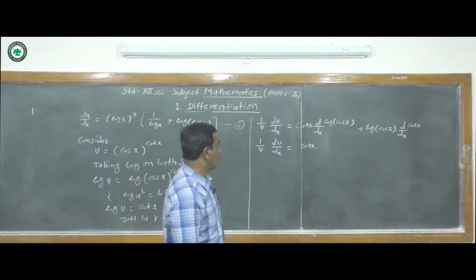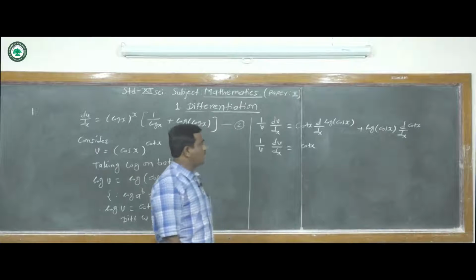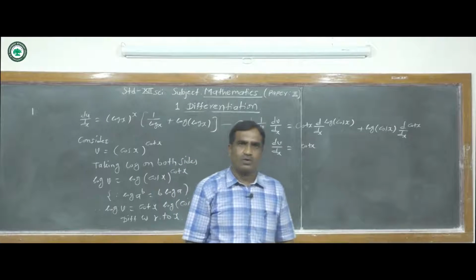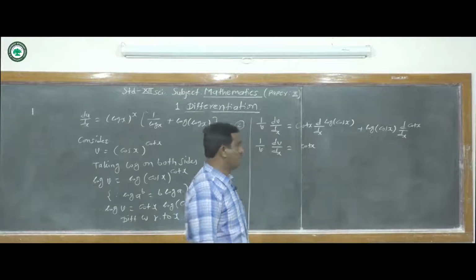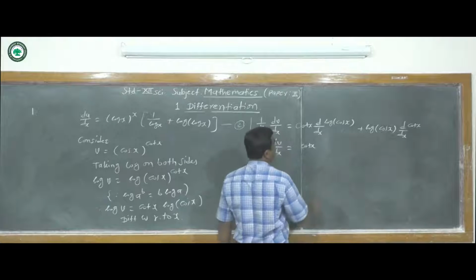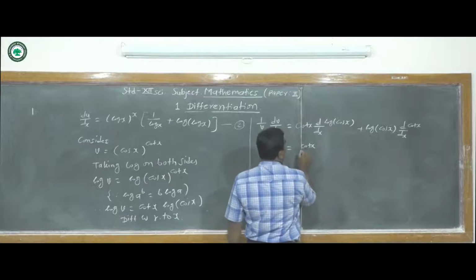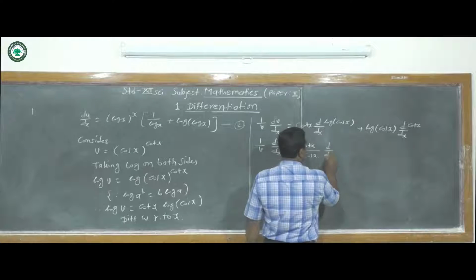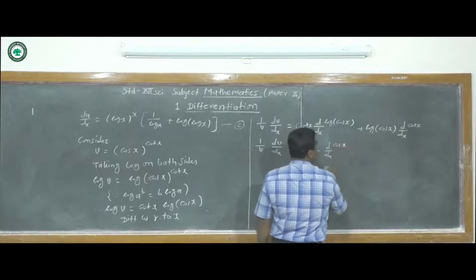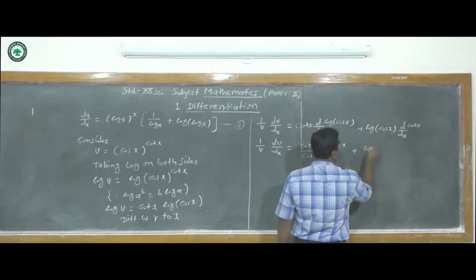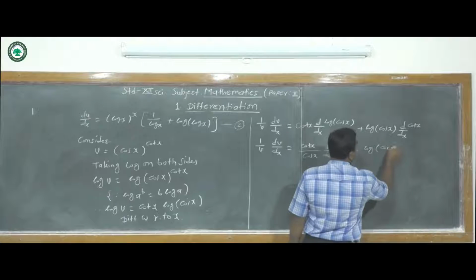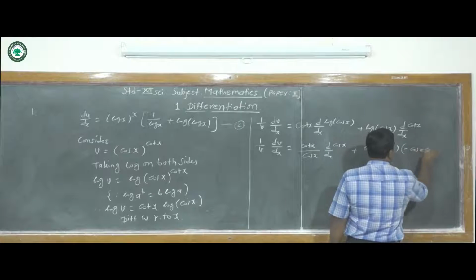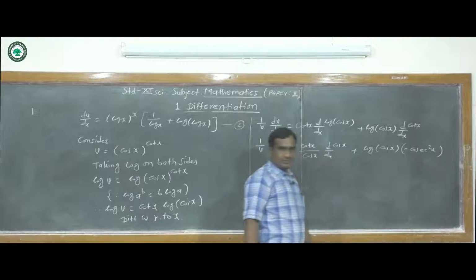This is also a composite function. Suppose cos x is f of x, then the derivative of log of f of x is 1 upon f of x into f dash of x. Now here f of x is equal to cos x. Therefore, the derivative of log of cos x is 1 upon cos x into d by dx of cos x plus log of cos x into the derivative of cot x, which is minus cosec square x,